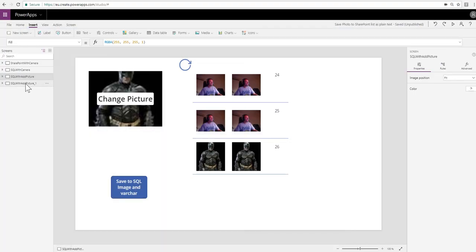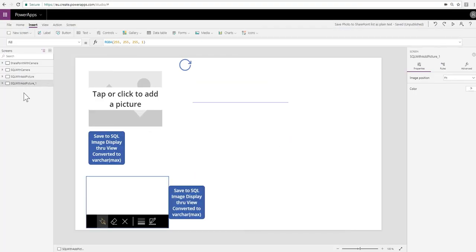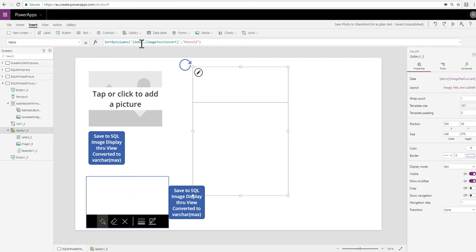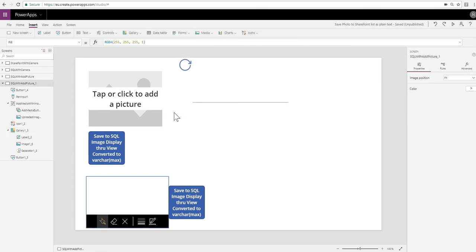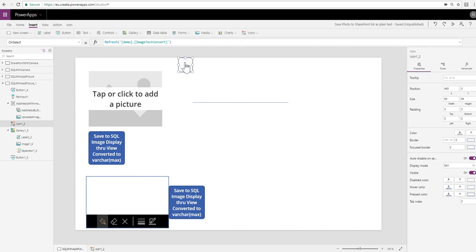So now I've got another screen, and on this screen I am using as the basis for my gallery the ImageTest Convert. So that's the view which does the JSON conversion to get my image data into varchar max data type. So let's just hit the refresh button on here,